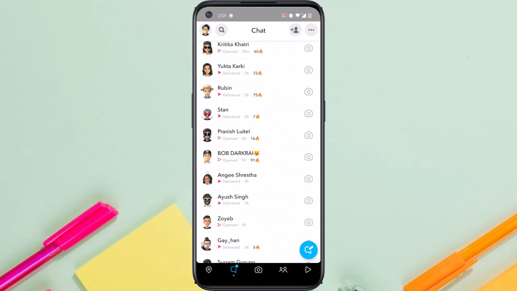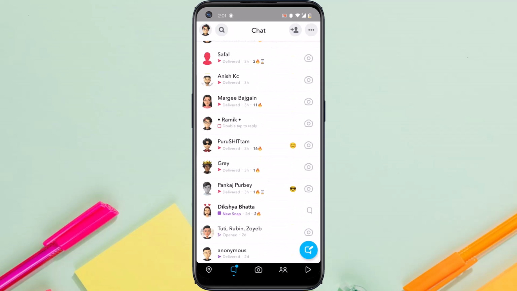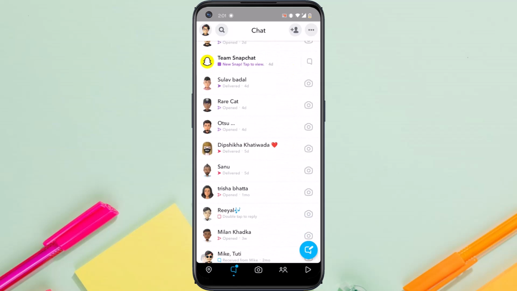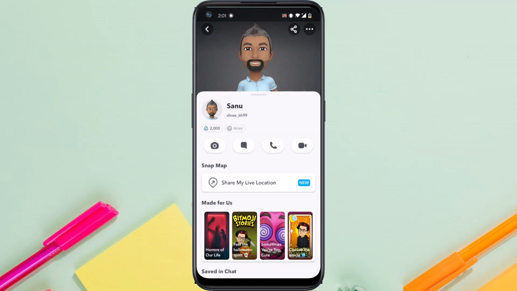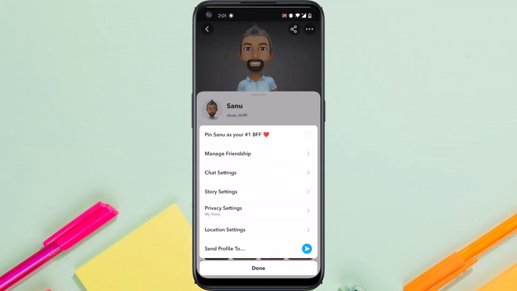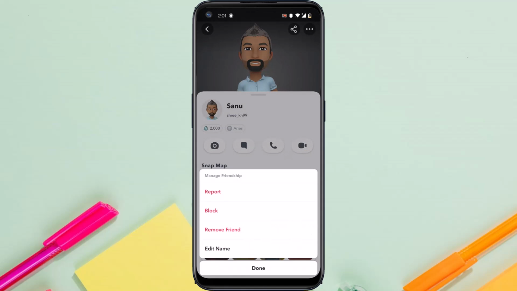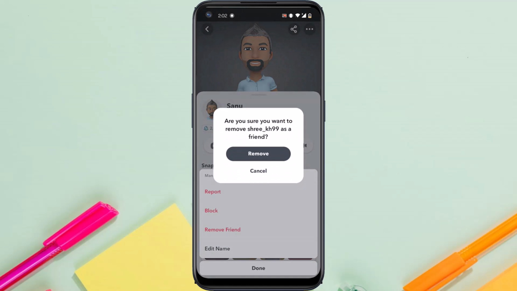Once you've located the person whom you want to unfriend, simply tap on their profile and then tap on the three dots on the top right corner of your screen. There you'll see an option named Manage Friendship, so simply tap on it and there you'll see 4 different options. So in order to remove friends, tap on the second last option, which is Remove Friend, and then you'll have to confirm by tapping Remove,